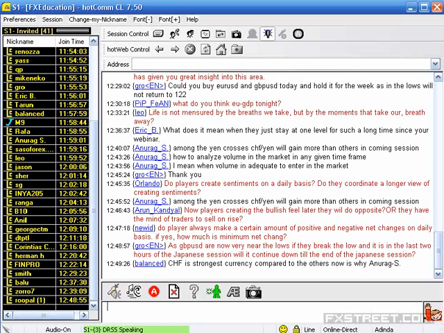Now the players are creating a bullish feel; later they will go the opposite way, or they have the mind to make traders sell or buy. So we'll see during the day. As per my algorithm, they are expected to induce the traders to do short selling and then subsequently trap them.